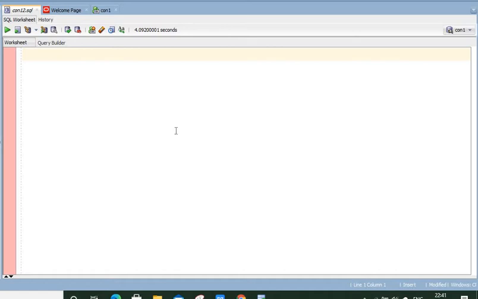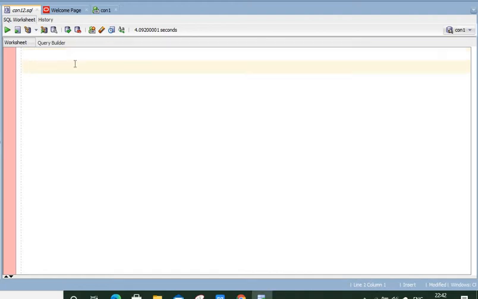In this example, I am using a table orders where we have 5,000 rows, and I imported those records by using the import facility in SQL Developer. Those records were originally present in some CSV file. If you don't know how we can import CSV files in SQL tables, then you must watch my previous video. So let us suppose you know how we can create a table and how we can import CSV files into our SQL tables. Let us see what the contents are first, and then we'll be creating a table from this table.